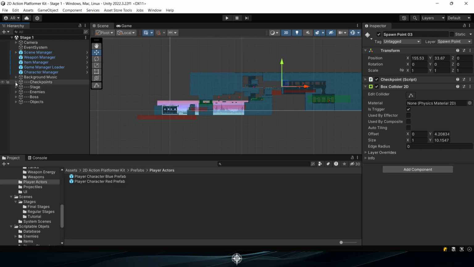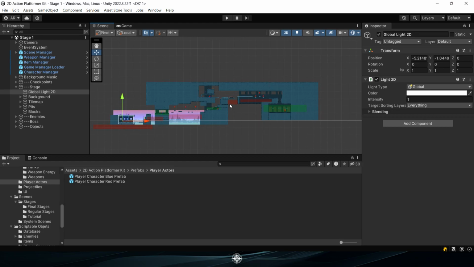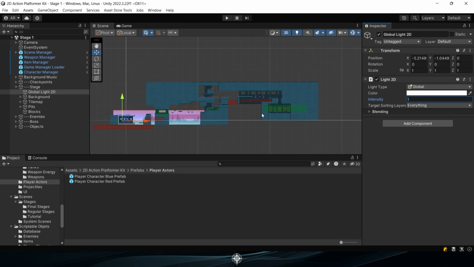Within the stage game object, there's a key feature called Global Light 2D, which is instrumental in bringing your scene to life through lighting. This component allows you to incorporate light sources within your scene, enabling the stage tiles and various elements to interact dynamically with light, creating a more immersive